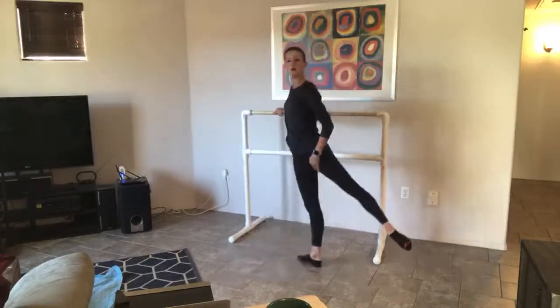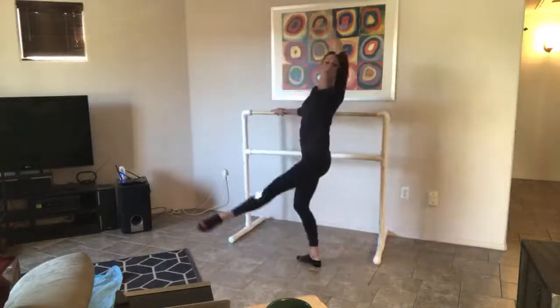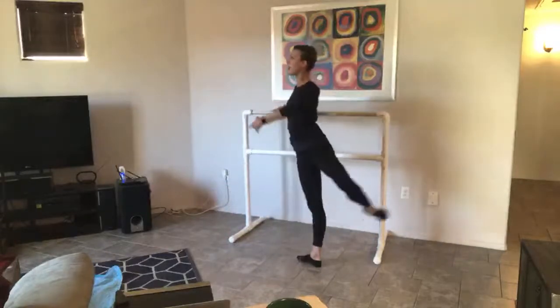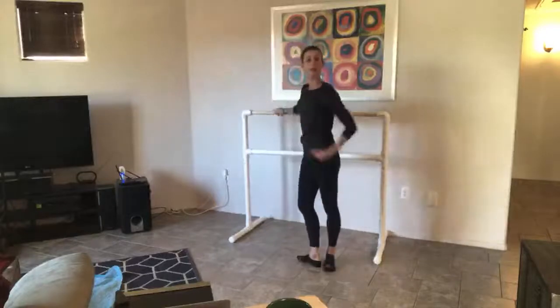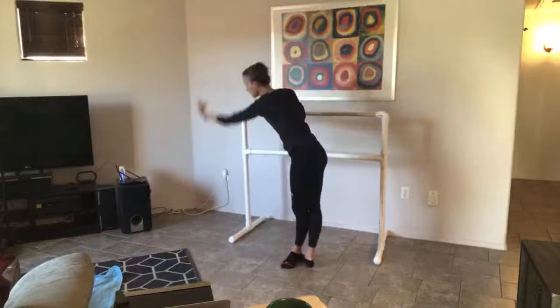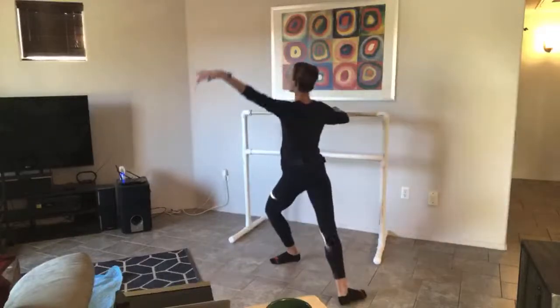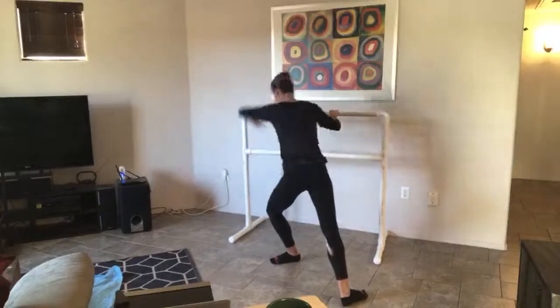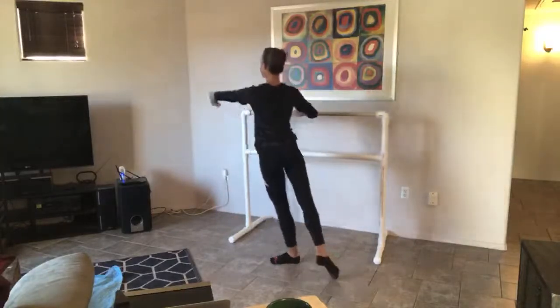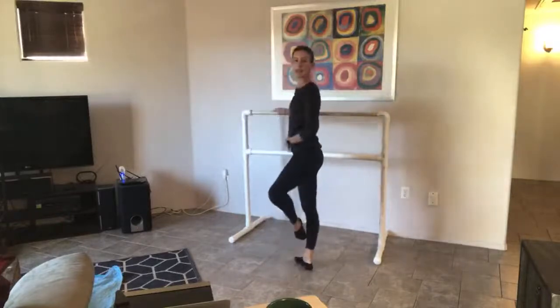One, around. Brush, one, around, two, front, passe, arabesque, and fit. Reverse all that, and then we have our stretches. Side, forward, side, back. Lunge with our inside leg, forward, back, arabesque, plie, plie, passe, and then we'll balance there